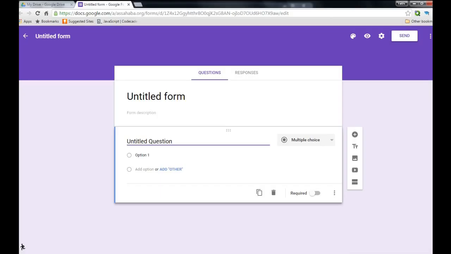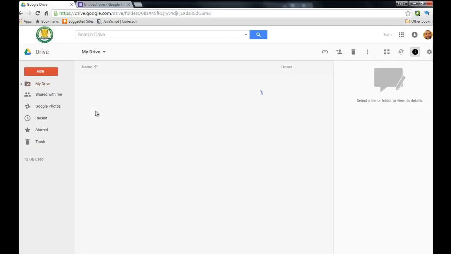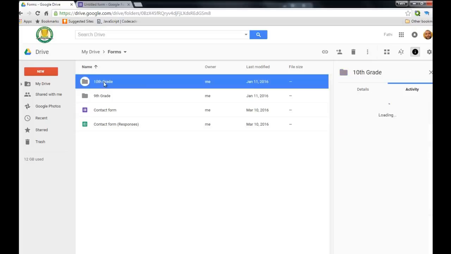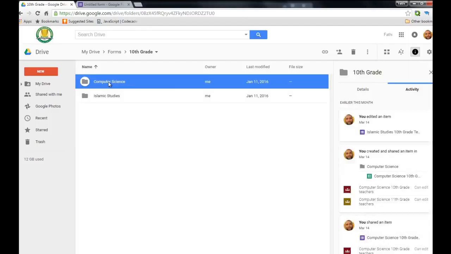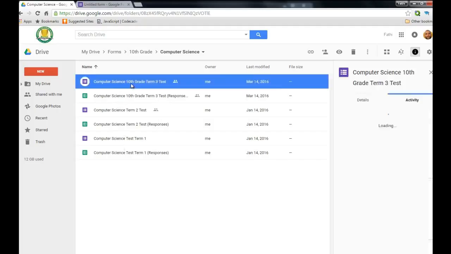Alright, now I'm just gonna show you something before we start working here. These are my forms. I put them all in the folder called Forms, and this is my 10th grade class. Here I have the computer science and the Islamic studies. As you can see here, I have all these forms, and these are the spreadsheets for the results of the tests. Let me just show you this one here. I'm gonna double click on it,